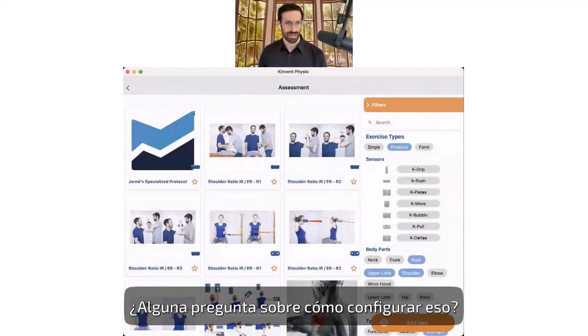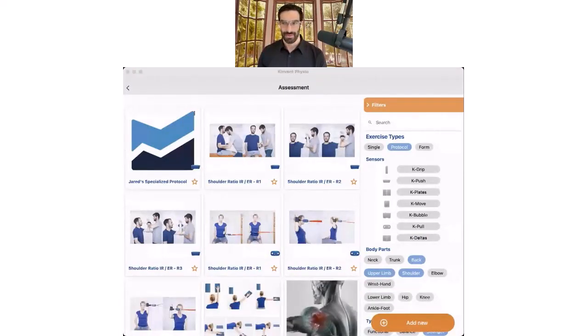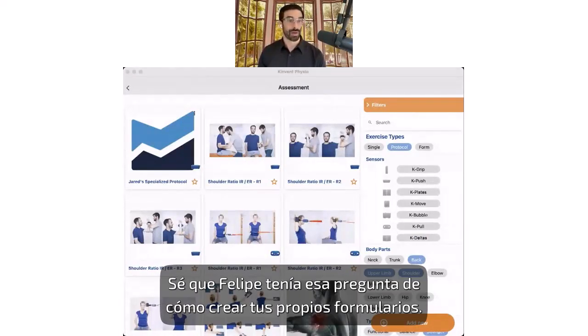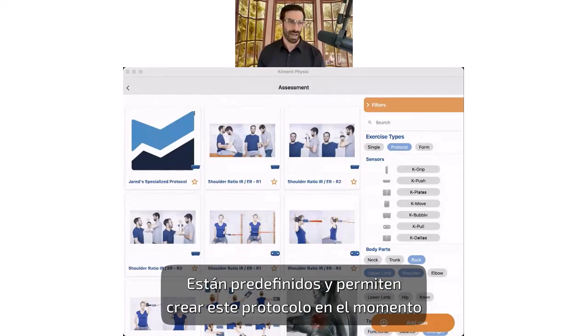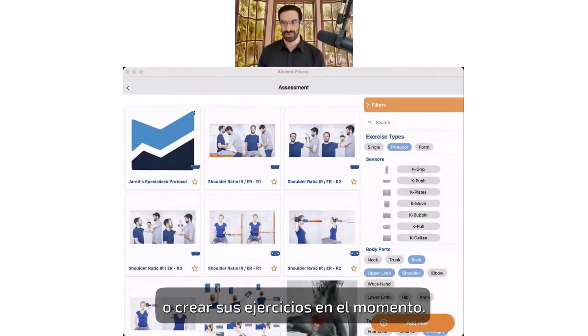Any questions with setting that up? I know Felipe had that question, how do you create your own forms? That's exactly how to do so. These are predefined, and these allow you to create this protocol in the moment or create your exercises in the